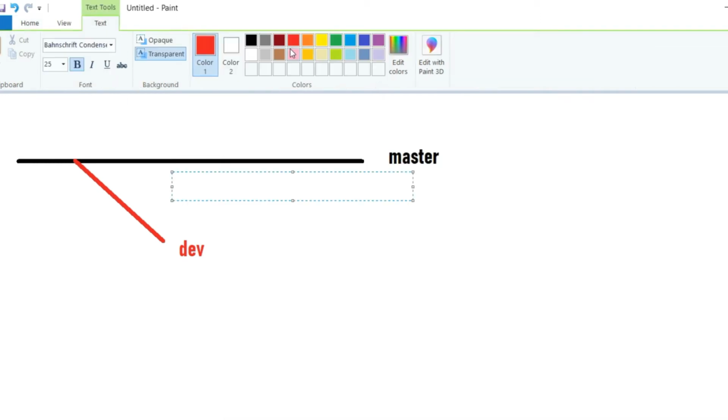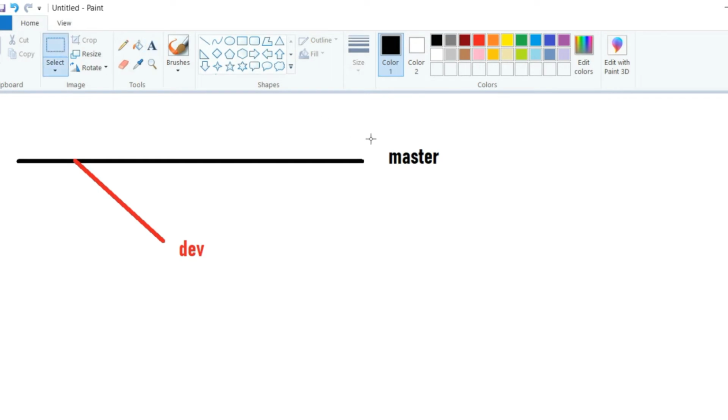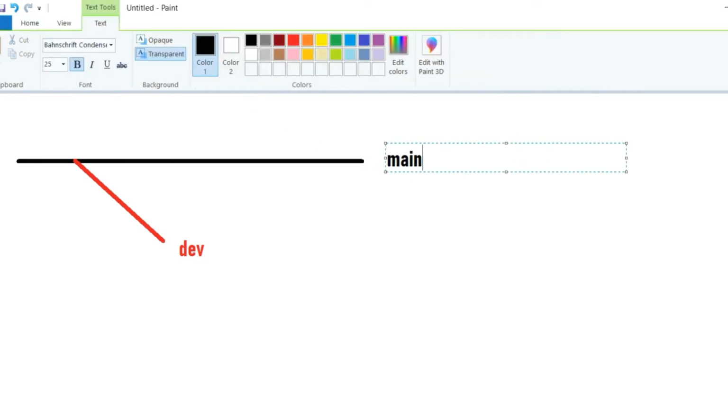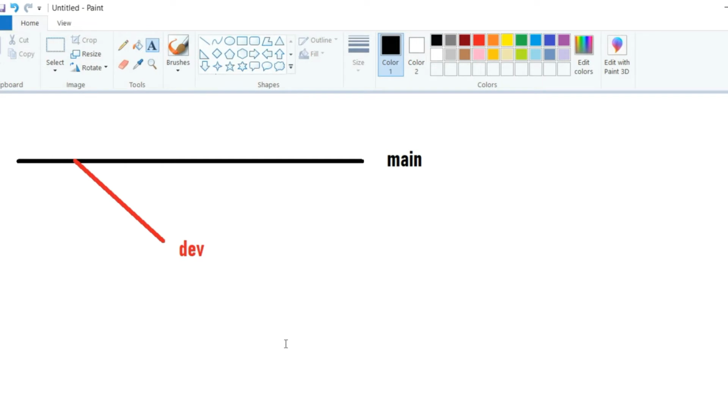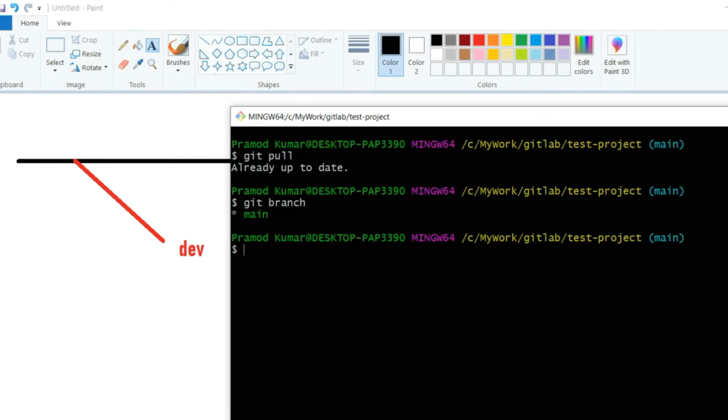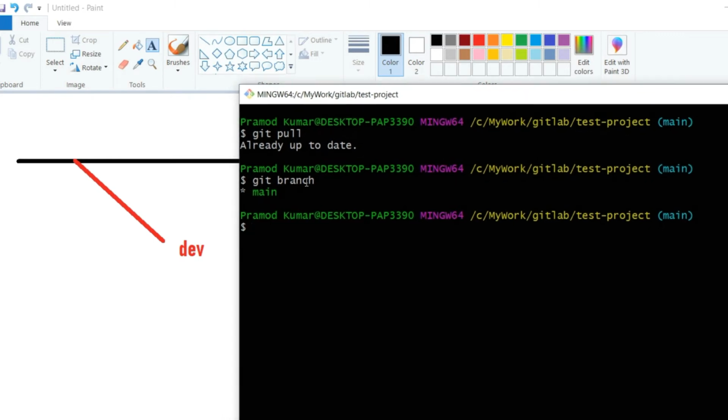So let me change the name here also just to avoid any confusion. This is my main branch. In Git I've just seen that I have a main branch.